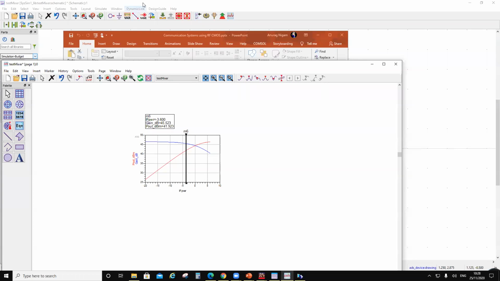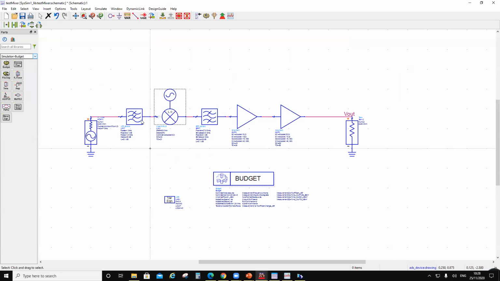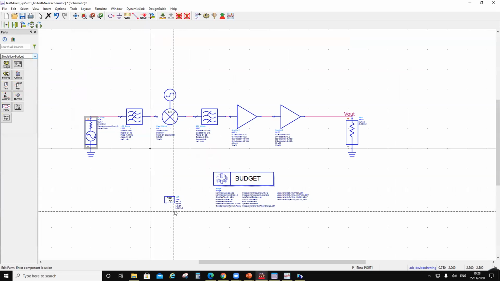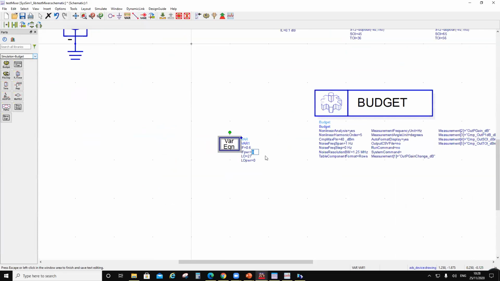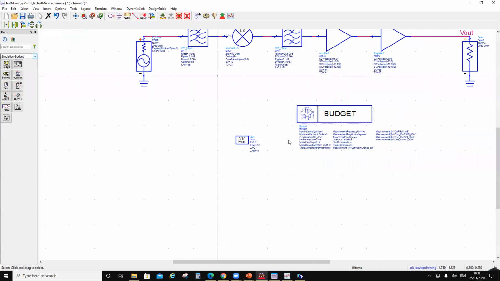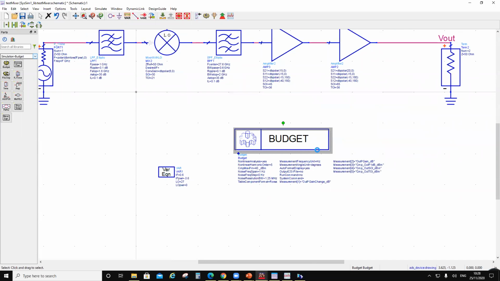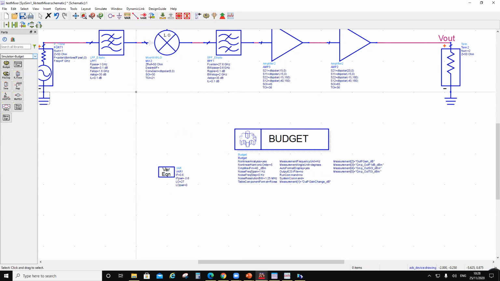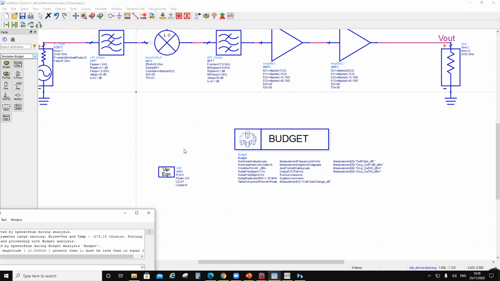You should not be sweeping it. So let's put here minus 3.6 and not sweep it. Over here, I'm going to put a power of minus 3.6. Now this is going to be a compression, right? And the power sweep is not over here, so there is no way you are going to see power here. This is doing its own sweep, and it will spit out a number. And if I hit simulate,